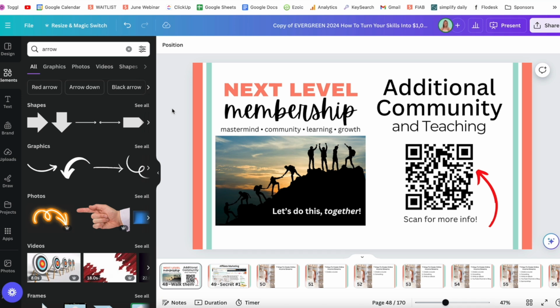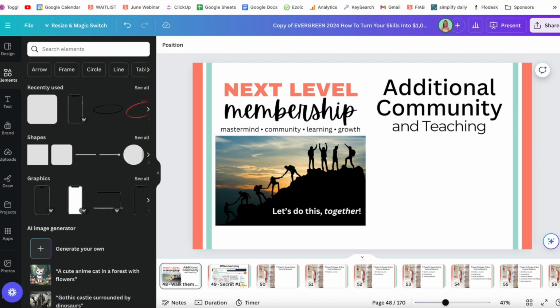Today I'm going to show you how to create a QR code in Canva for free. It's super simple, super easy to do, and you can do it in a matter of seconds. First thing we're going to do is head over to the left-hand panel and go to Apps,